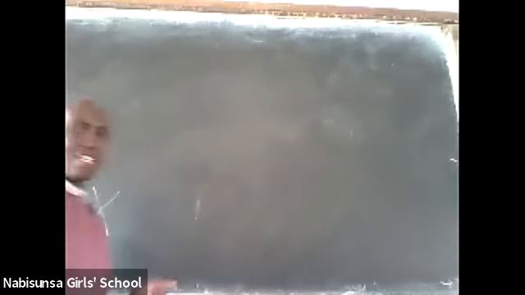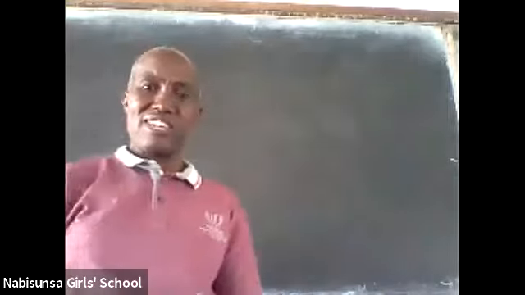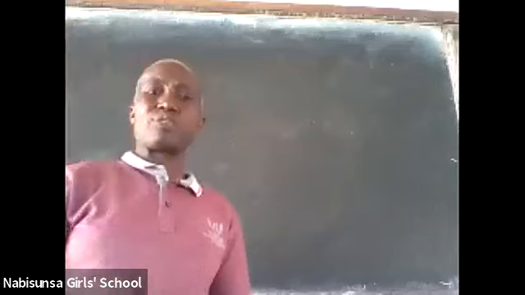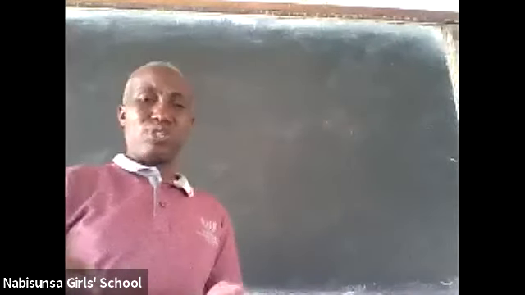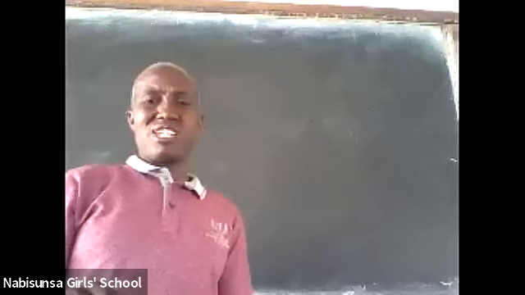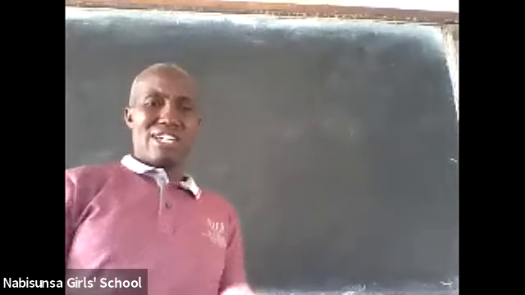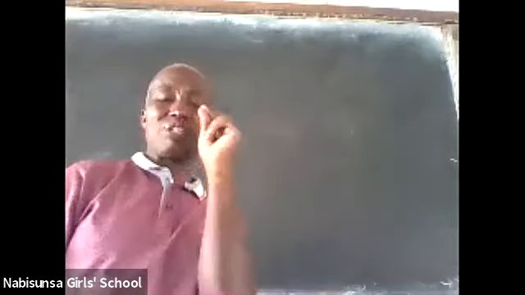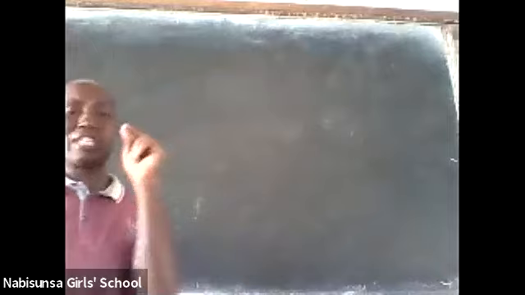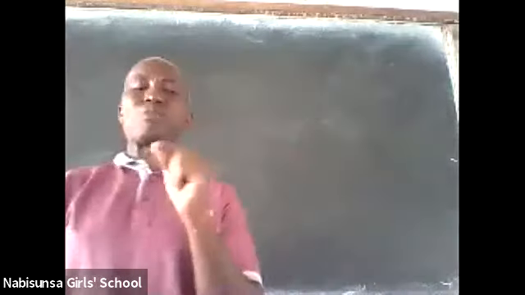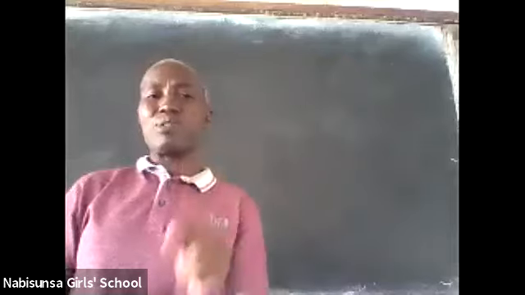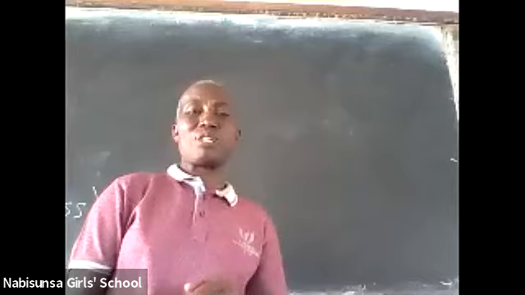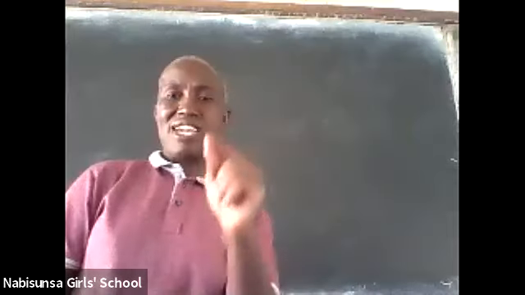Okay, I've said we are now going to look at the structure of one fungus. We've given very many, and I was talking about the bread. If you keep your bread for a long time, you'll suddenly see certain things growing on the bread, and they soon change color. They are brownish. I believe you've seen those things growing on the bread. Those things are what we call the bread mold. The bread mold has a scientific name. That could probably be the common name, but it has a scientific name.